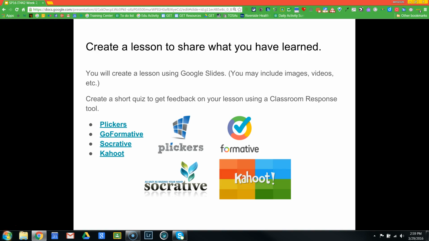You're going to be using a tool to get feedback from the group, so a classroom response tool. I have 4 listed here. There are others, but these are 4 really good ones and kind of different ones for you to try out. I would suggest that your group look at all 4 of these tools and choose one of them to create their little